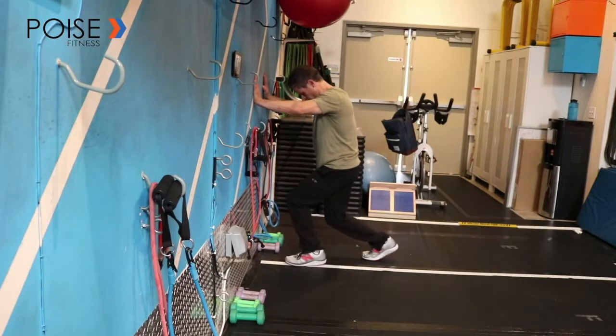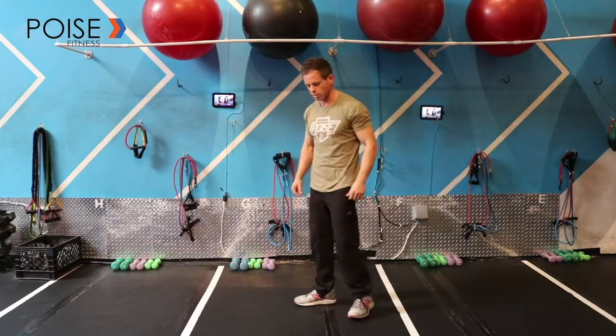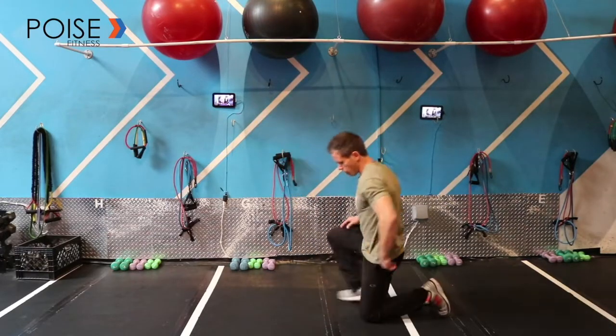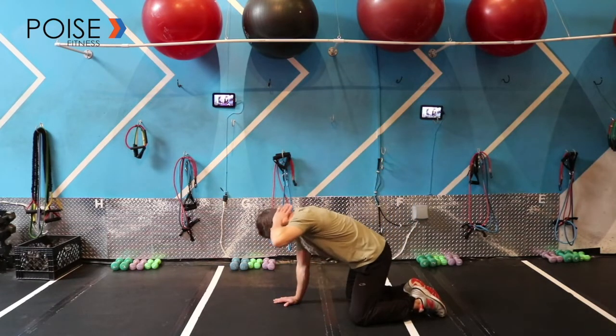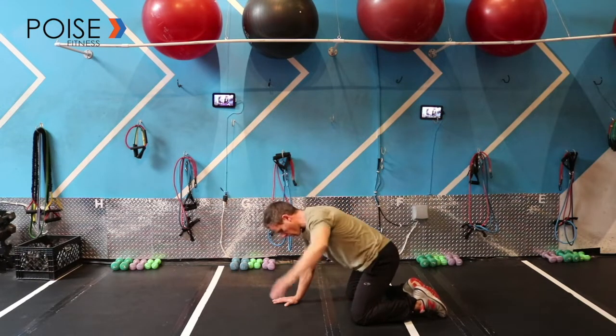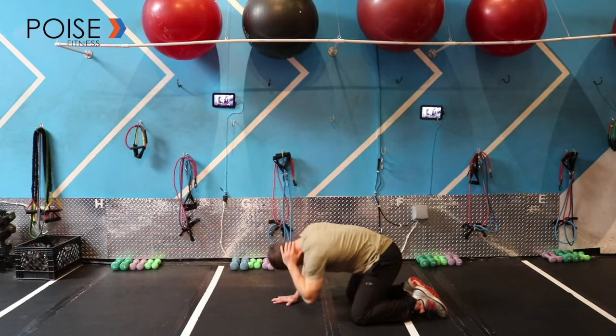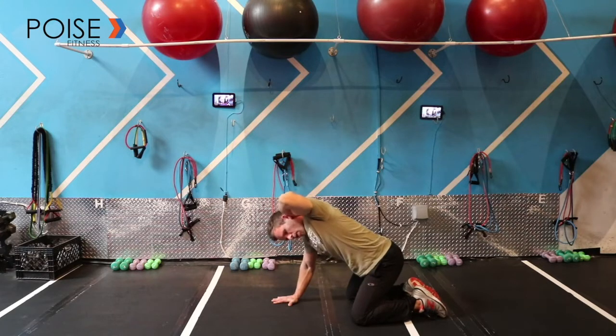Good. After we get our 10 stretches on there, we'll then move to our upper body. We'll start off with our thoracic rotation. So we'll be on our knees. We'll start off with one hand on the ground. Our opposite hand goes slightly behind the back of the head. What we're going to be doing is working on our thoracic spine down here, working on stretching. So from here, we drop our elbow towards the inside of our knees, opening up just to a comfortable position,